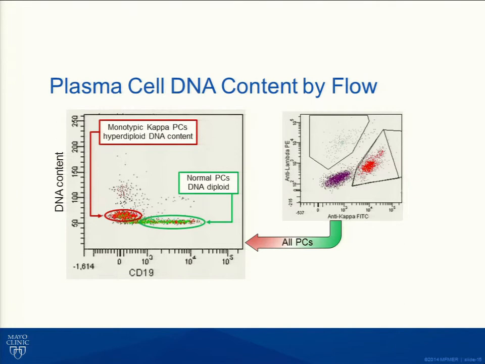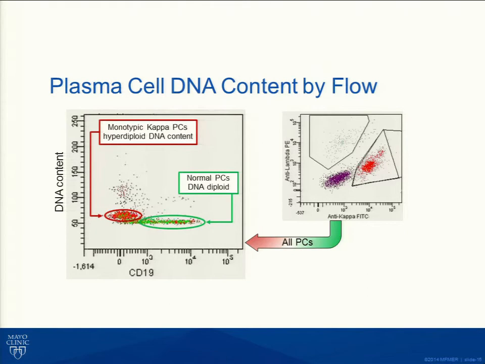So just to show you how we estimate DNA content by flow cytometry using our flow method, here we've now isolated, actually, this is simplified, but we separately isolate those normal and abnormal plasma cells, and then we collectively analyze their DNA content. So here's CD19 on the x-axis, and DNA content is measured by DAPI staining on the y-axis. What you can see here are the CD19 positive plasma cells actually have diploid DNA content,